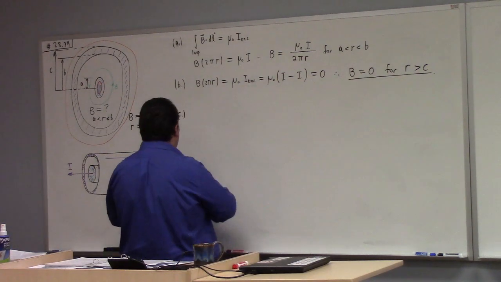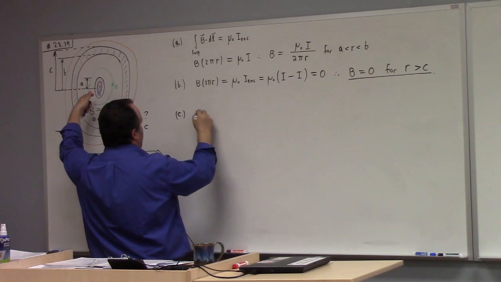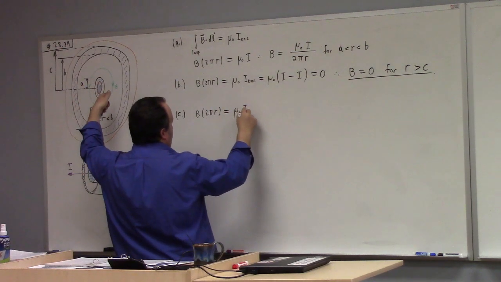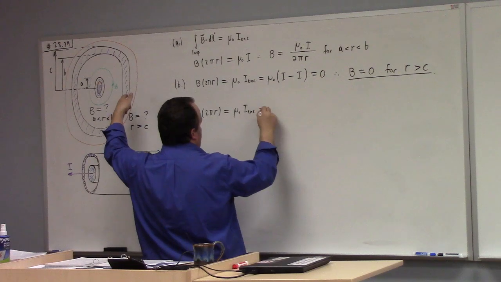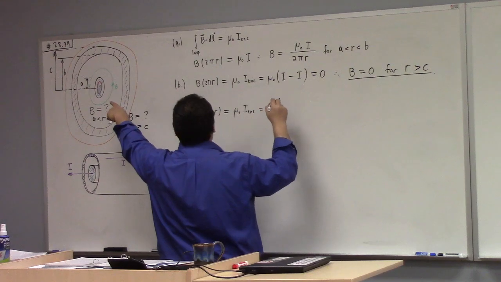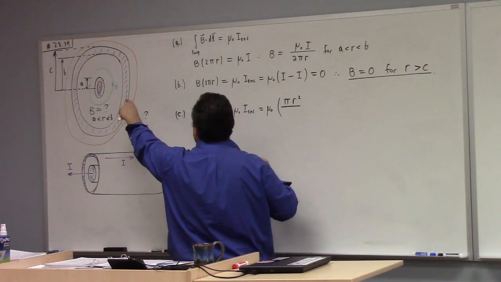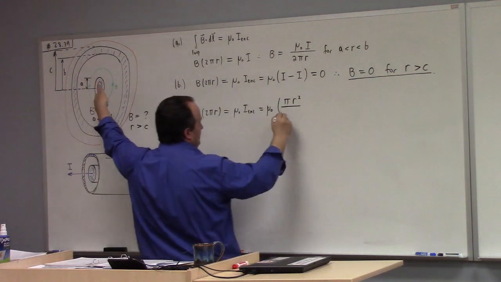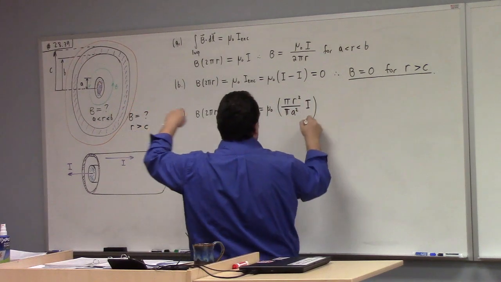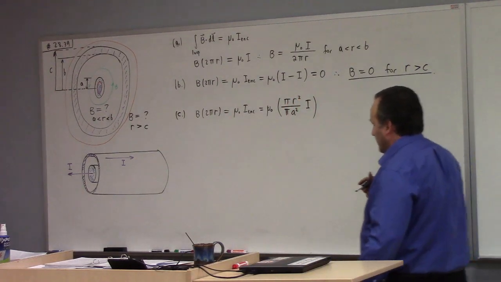you'd have the symmetry again because it's a uniform current. So you still have the magnetic field times 2 pi r, that's the circulation of the magnetic field, equals mu naught times the current enclosed, right? But what is the current enclosed? It is the fraction of the area inside the orange loop, which would be pi r squared, divided by the whole area of the inner conductor, which is just pi a squared, and that, of course, times I. So that gives you the fraction of the current which is enclosed by the Amperian loop,